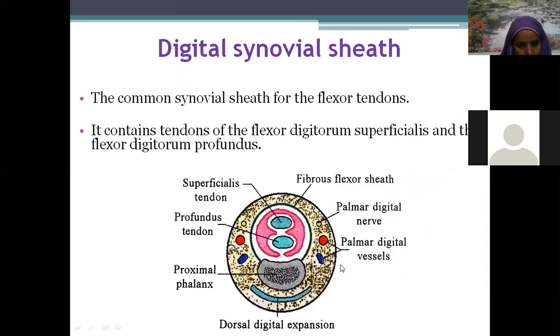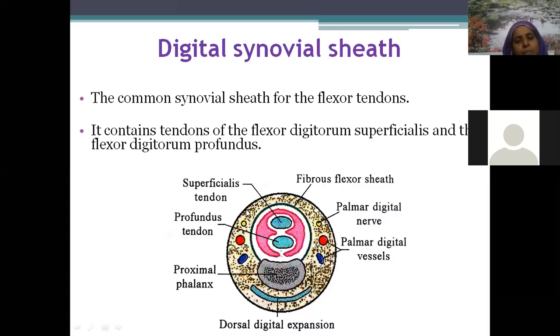Now can you see it is something like a peritoneal covering, beta? Inside you have visceral layer, outside you have parietal layer, something like that you are finding. The tendons are enclosed by these synovial sheaths. The above one is the superficialis tendon, flexor digitorum superficialis. Below one is flexor digitorum profundus tendon. They have their own sheaths, found in which fingers? These three. This is index, this is middle, and this is ring finger. They are enclosing these two tendons.